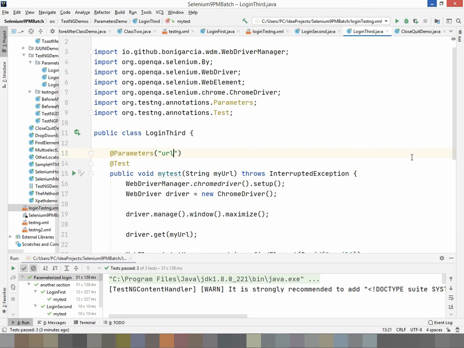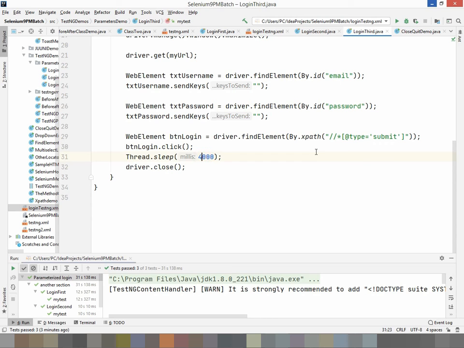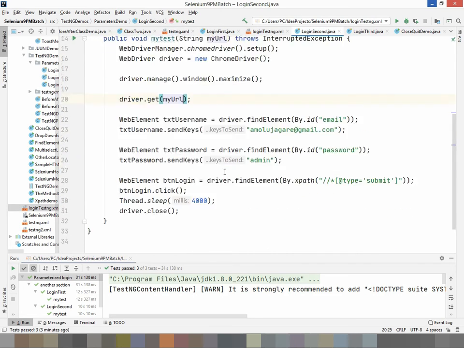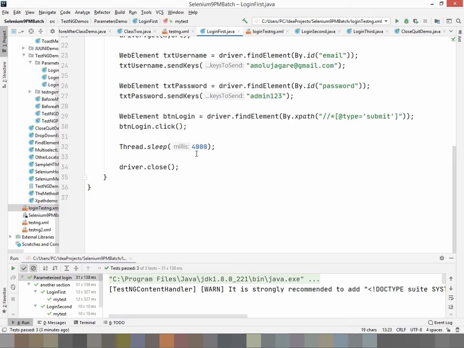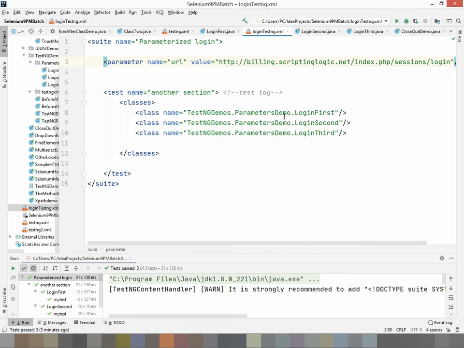Let's reduce this thread sleep time, 4 seconds is too much actually. 2 seconds. So now let's run this.